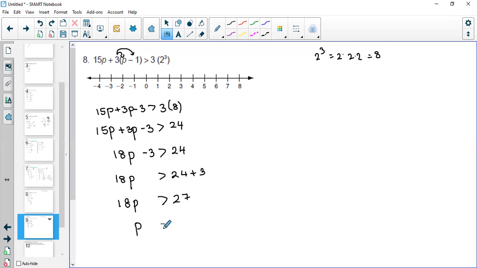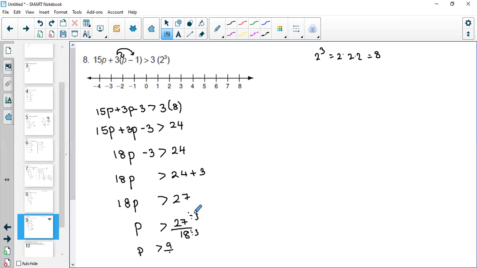P is going to be greater than 27 divided by 18. Now we can simplify this with 3 because 27 and 18, both of them have 3. So P is greater than 9 over 6,